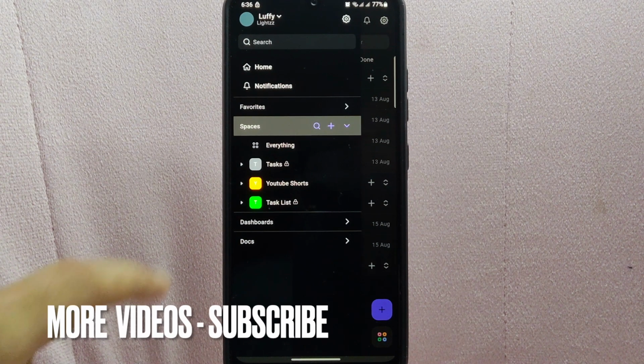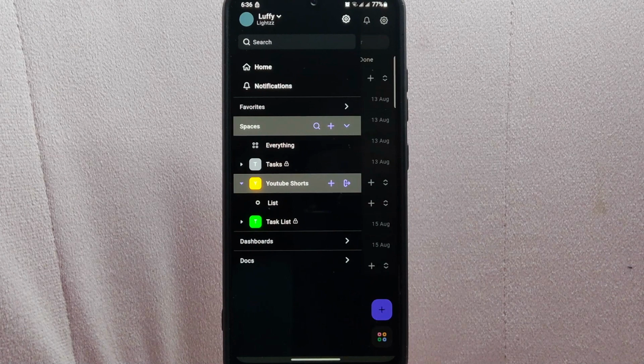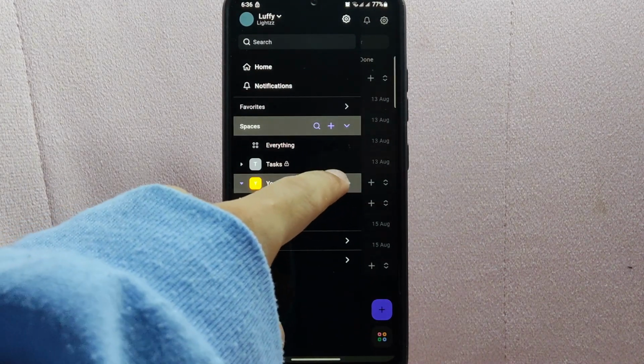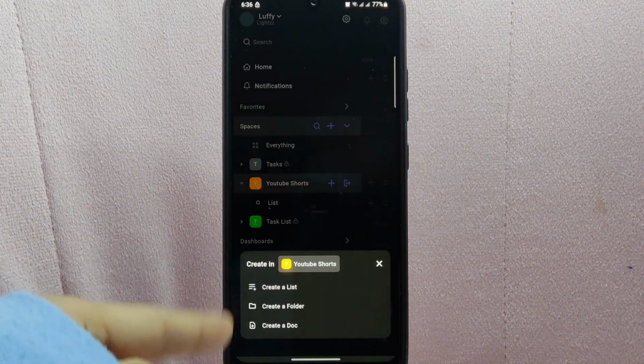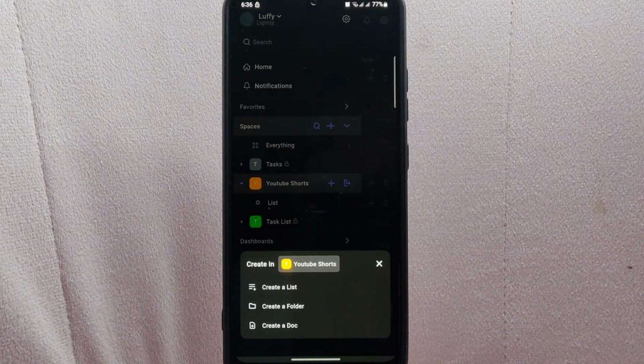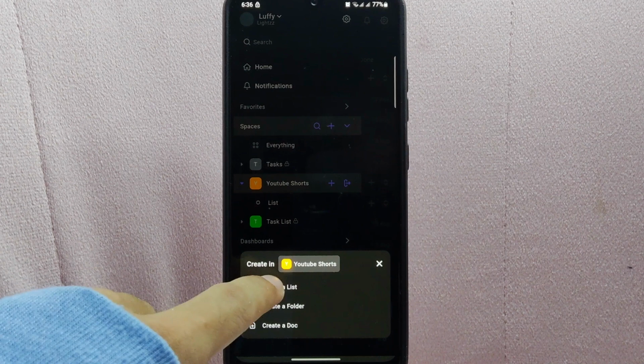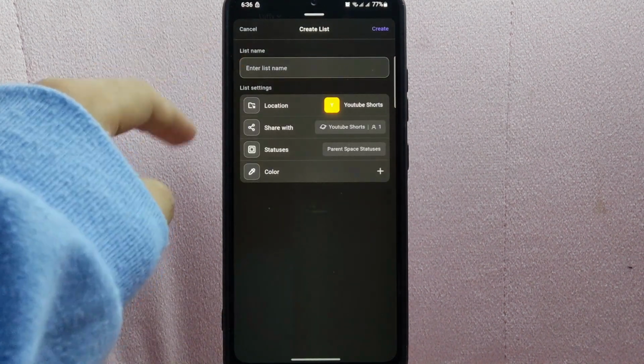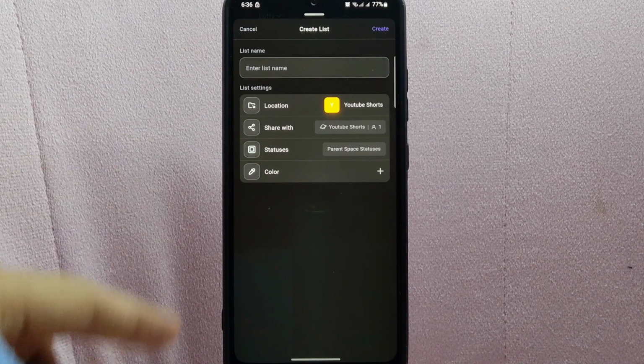For example, I want to make a list in this space, so simply tap on this plus icon at the right side of the space name. A menu will pop up below, and here, you can now see this Create a List option. Simply tap on it. A new window will appear, and here, you can now enter all the details you want